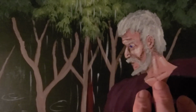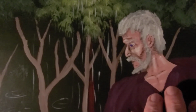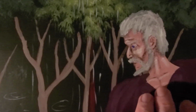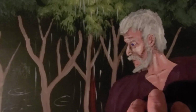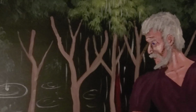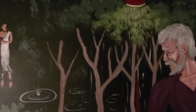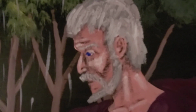Also the fact that he's skinny, kind of, it's a representation of him being in need perhaps, or maybe he's lost a lot and he's not what he used to be. But he's very interesting. I think he has a very interesting face, and I painted him to look mostly real and